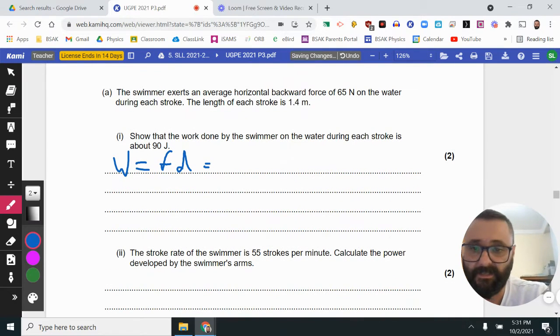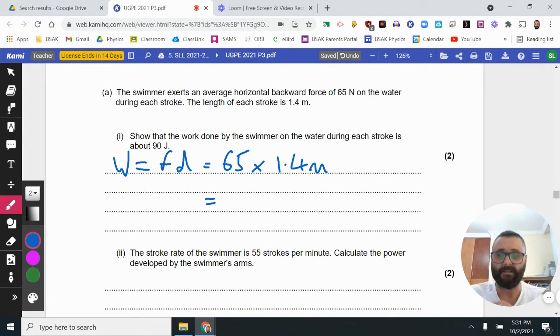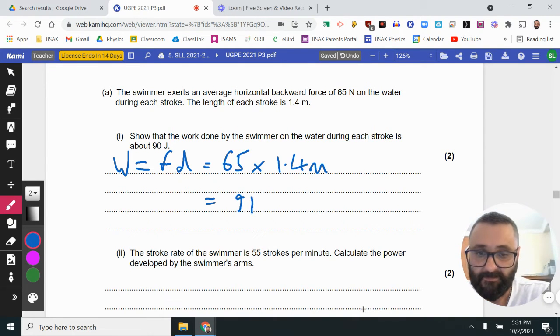The force is 65 newtons, distance of the stroke 1.4. Do not, under any circumstances, write down equals 90 joules. Write down the real value, please, what it says on your calculator. Okay, now